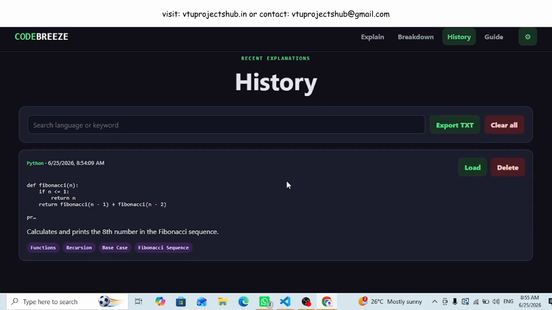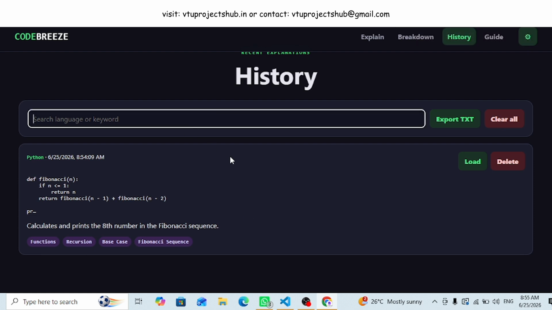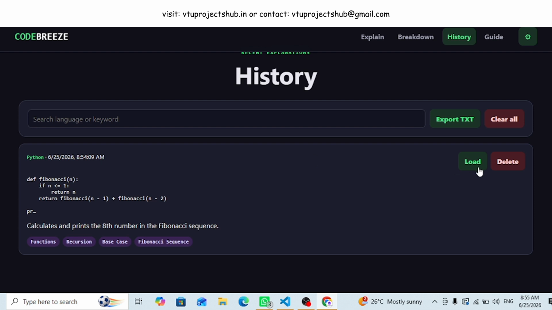The history screen stores recent explanations in the browser. The toolbar includes a search field, an export txt button, and a clear all button. Search filters by language, code, or explanation content. Each history card shows the detected language, timestamp, a code preview, a short purpose statement, key concept chips, and actions